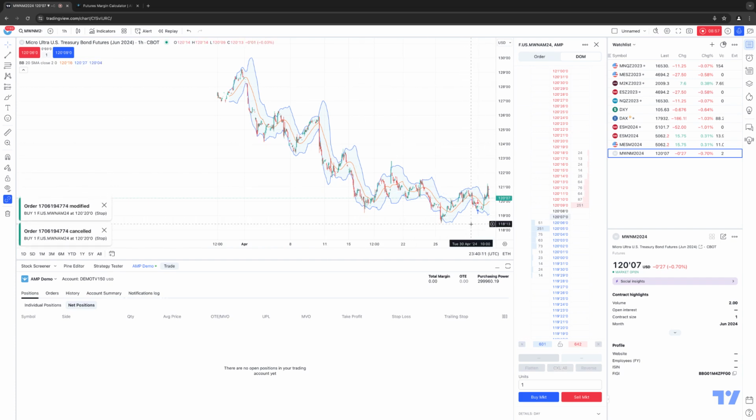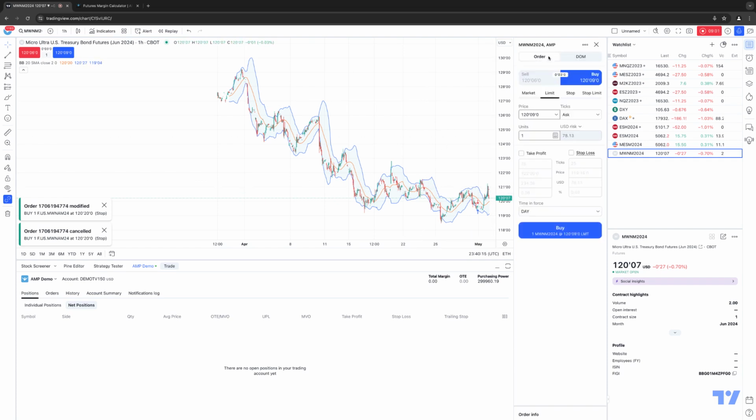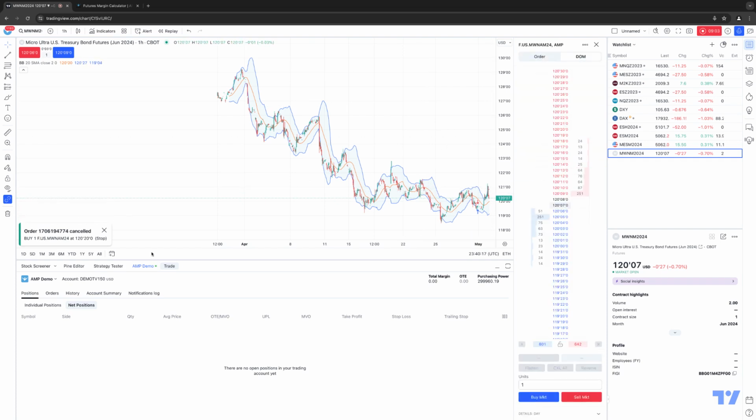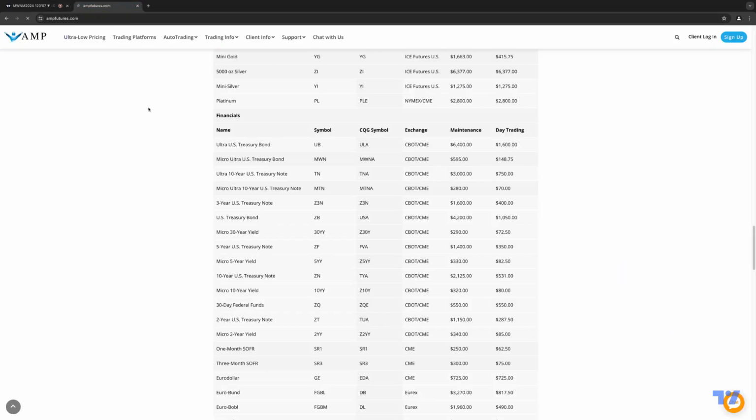And this is how you place trades on the new micro symbol on the chart trader, the order ticket, as well as the DOM. Before we end the segment, one important thing that I want to offer as a valuable resource for you: go to the AMP Futures website at